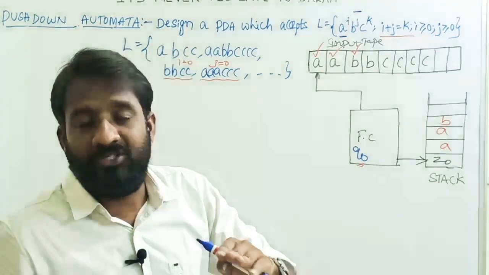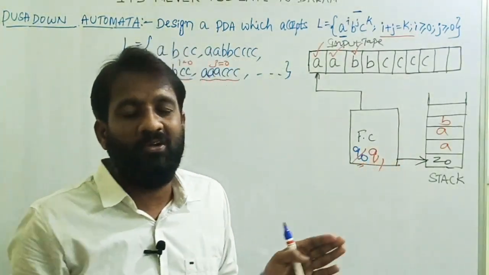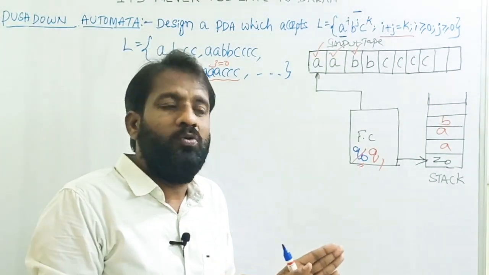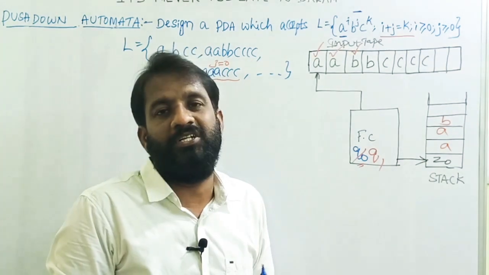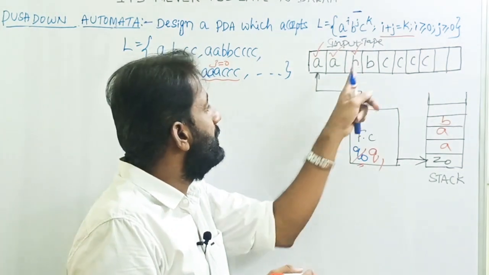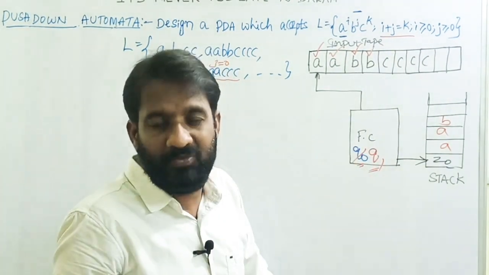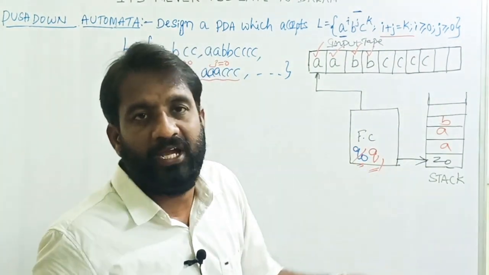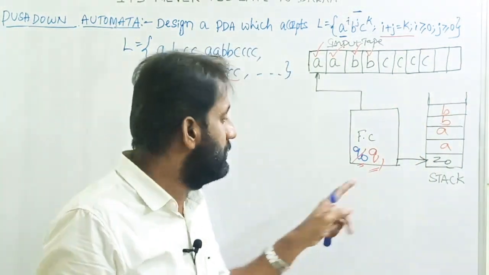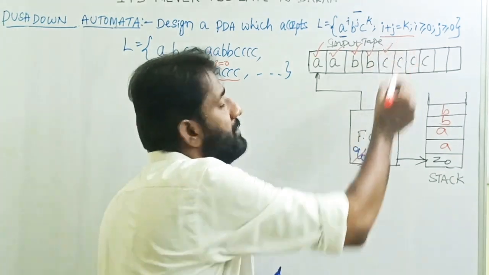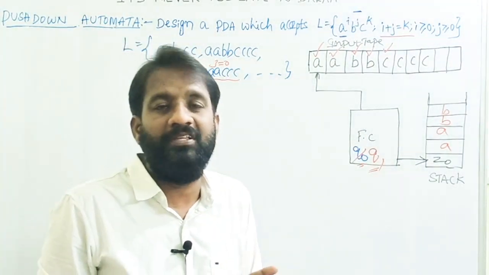Then change state from q0 to q1. I want to show the difference in the configuration, meaning that now on state q0 b's are being read, that's why it is moved to the q1 state. Then the next input symbol is b. So on state q1, read b, remain on the same state, add b onto the stack, then b. Then on state q1, the next input symbol is c, meaning that b's are completed. On state q1 we are reading the first c.